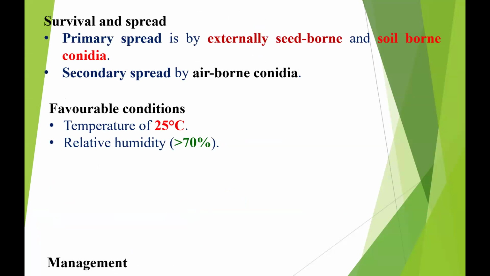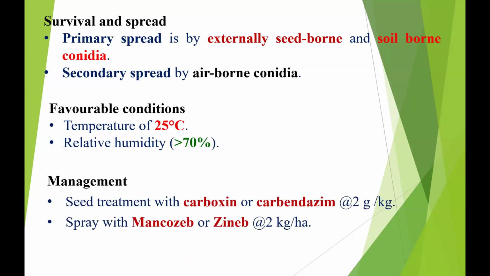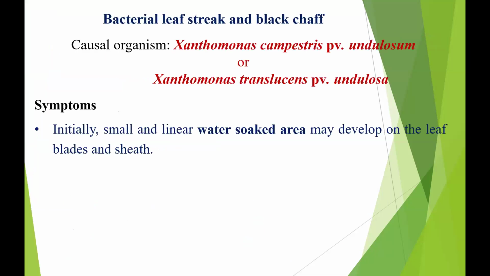And favorable condition is a temperature of 25 degrees Celsius and relative humidity of more than 70%. Management is seed treatment. Next, bacterial leaf streak or black chaff, which is caused by Xanthomonas campestris